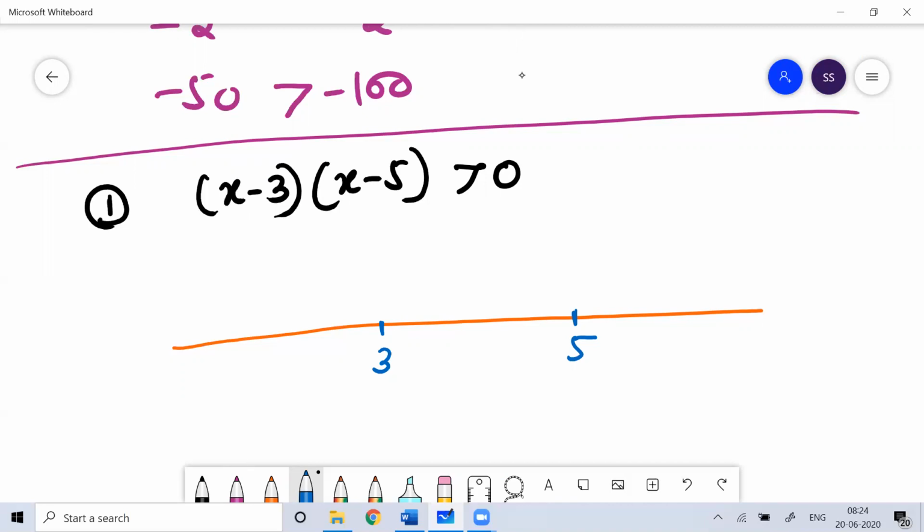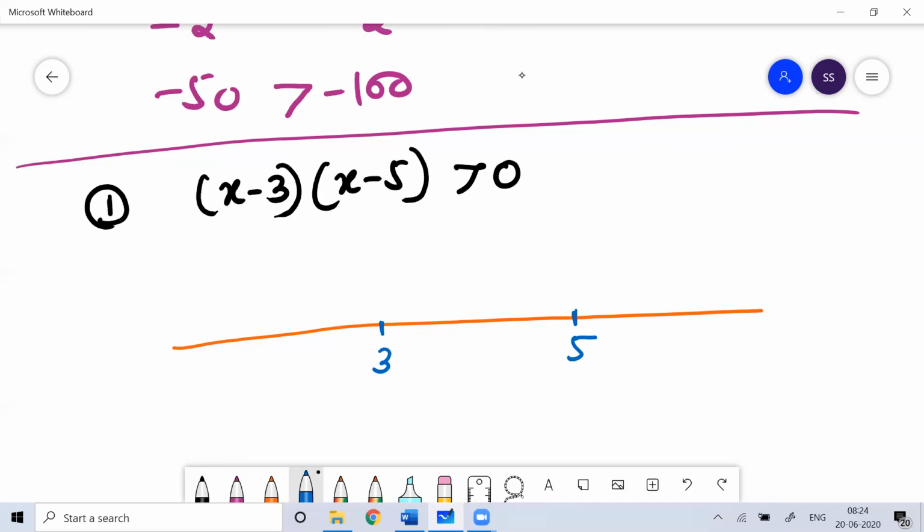Now what you have to do is see the set of values which are acceptable. You cannot work on a trial and error method here, so you need to set up a value. You have to identify those values of x which give you the positive solution, greater than 0, not equal to 0. You are looking for only the positive solution. The critical points you can establish would be 3 and 5.